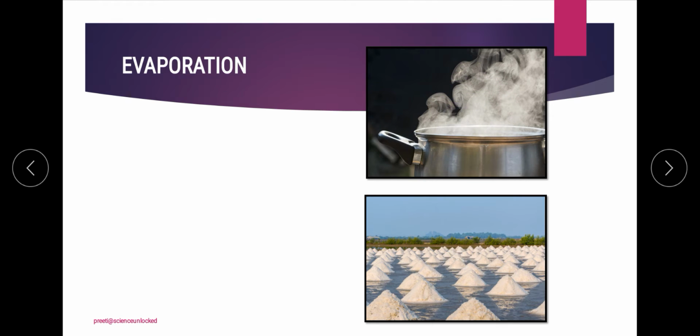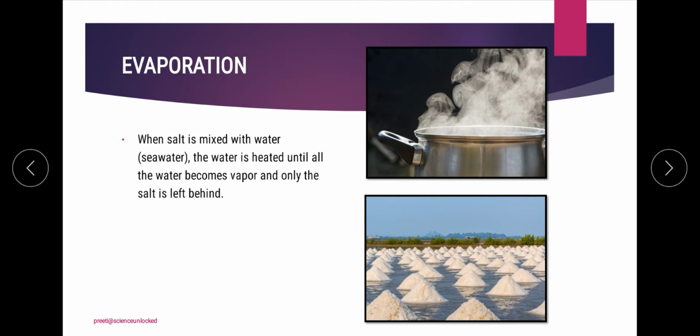In that case we have a special case called evaporation, where we take the liquid in which the component, the solute, is totally dissolved. One such example that we are taking up is the salt solution, where we take sea water, from which we obtain the salt by simply heating it, because we know that it is the best source of salt that we can think of.